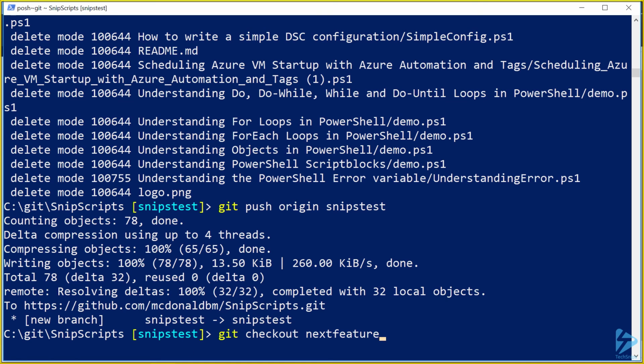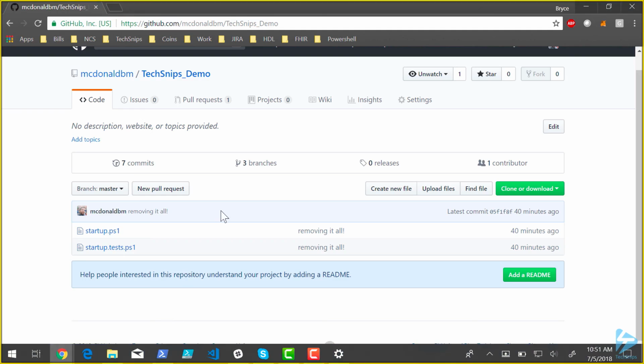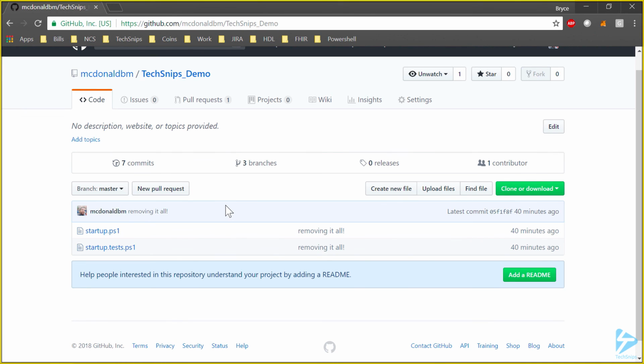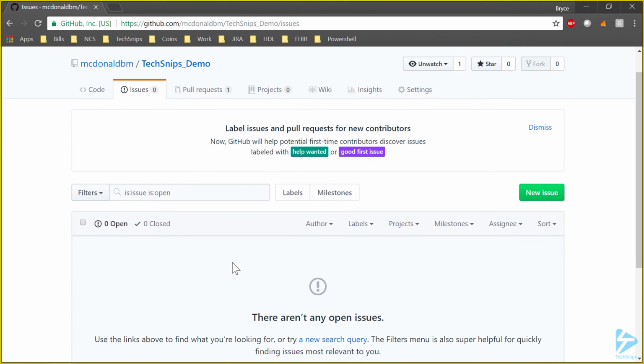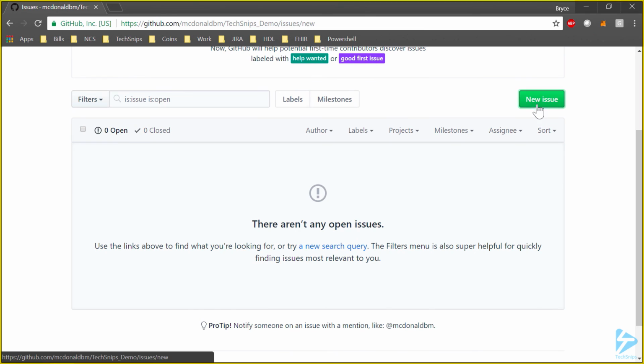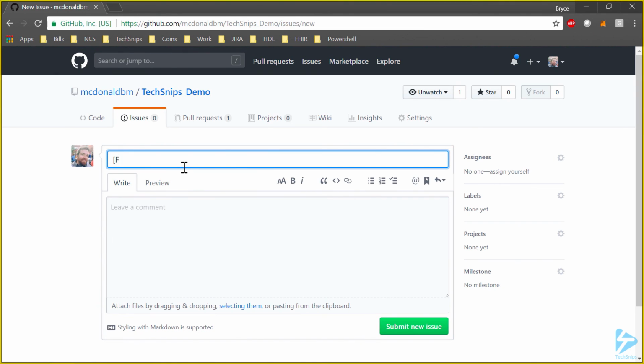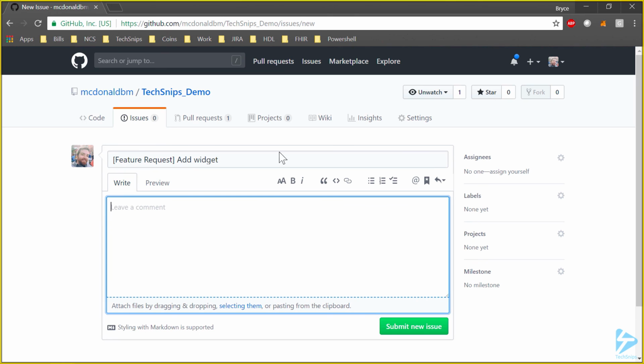So that's kind of how I handle it: by having everything in its own feature branch, you can do all your testing from within that branch. And once it's ready, then merge it into master. It also, if you're going to utilize the issues feature to track what features you want to have added, let's say a feature request, you can say, okay, this branch will solve this issue. So once we merge this branch into our master, we can come in and close this issue from within